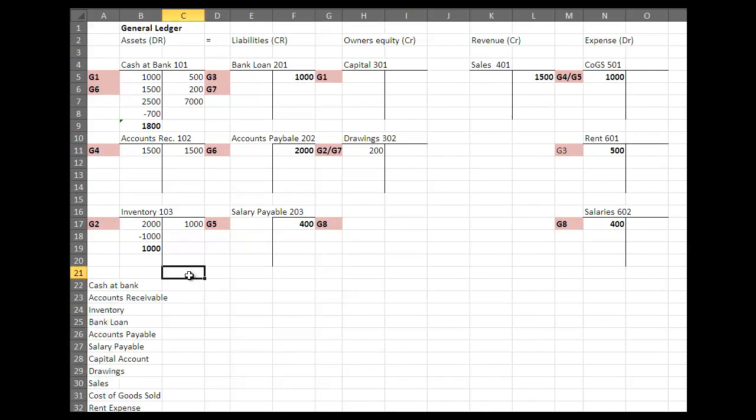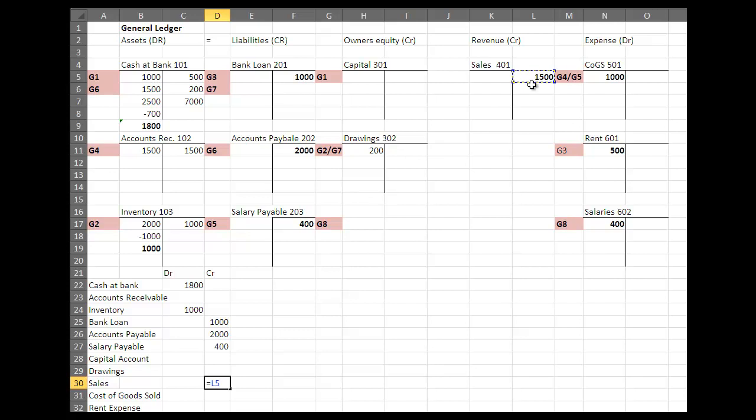Now on this side we'll have debits, this side we'll have credits. Now the debits, cash at bank, 1,800, accounts receivable 0, inventory 1,000, now a credit, bank loan 1,000, accounts payable 2,000, salary payable 400, the capital account, there's nothing in it as yet,